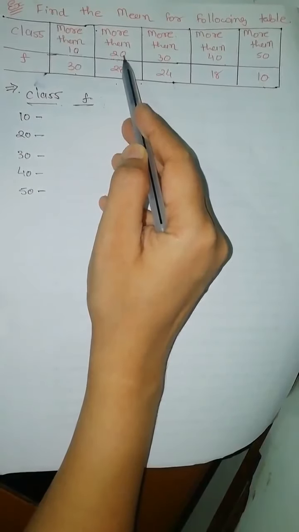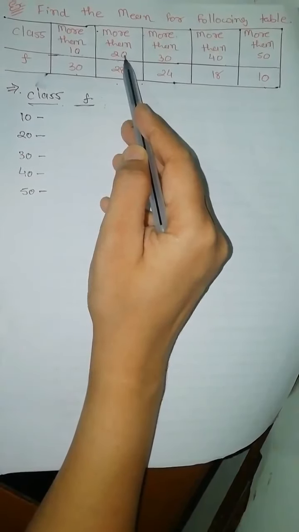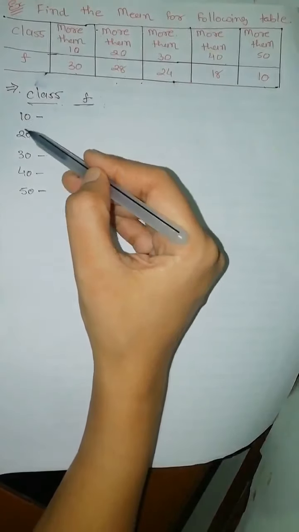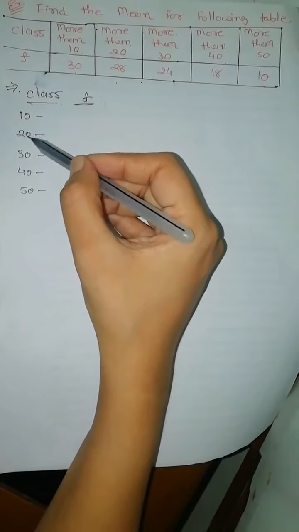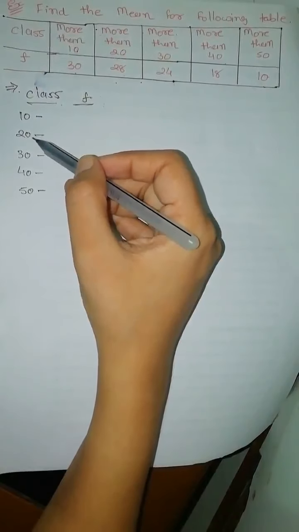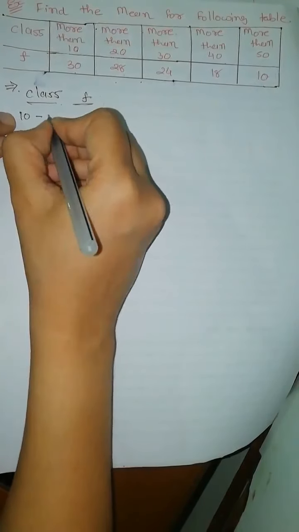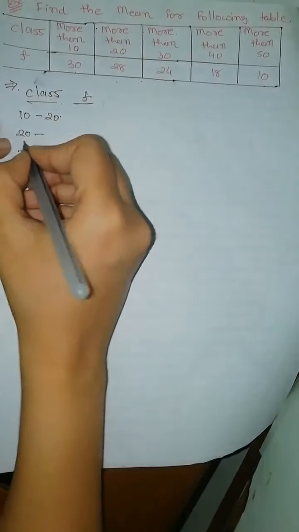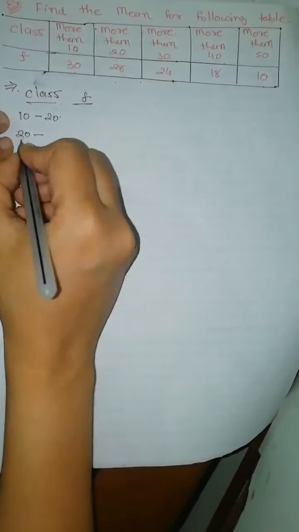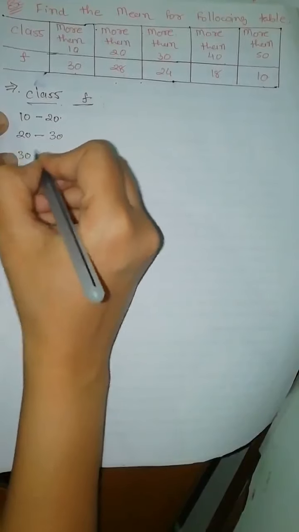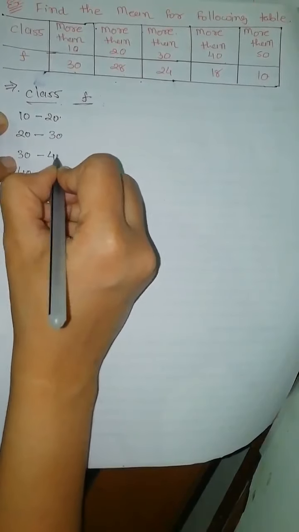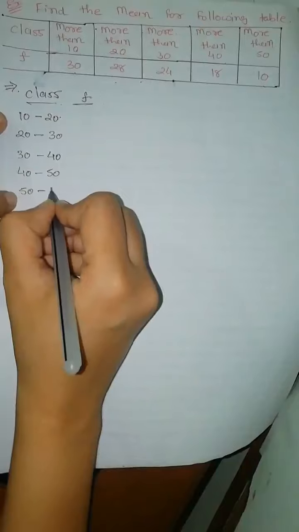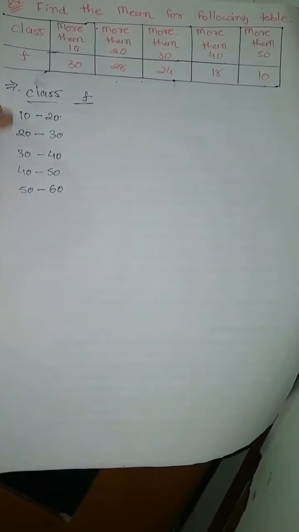So normally we arrange the classes in continuous order, like 0 to 10, 10 to 20, 20 to 30. So for the second class the lower limit is given, so I will make it 10 to 20, right? Because we have to make it a continuous class, we arrange 20 to 30 because 30 is the next class lower limit. 30 to 40, 40 to 50 and 50 to 60, right? Because the gap of 10 is given in the class limits.